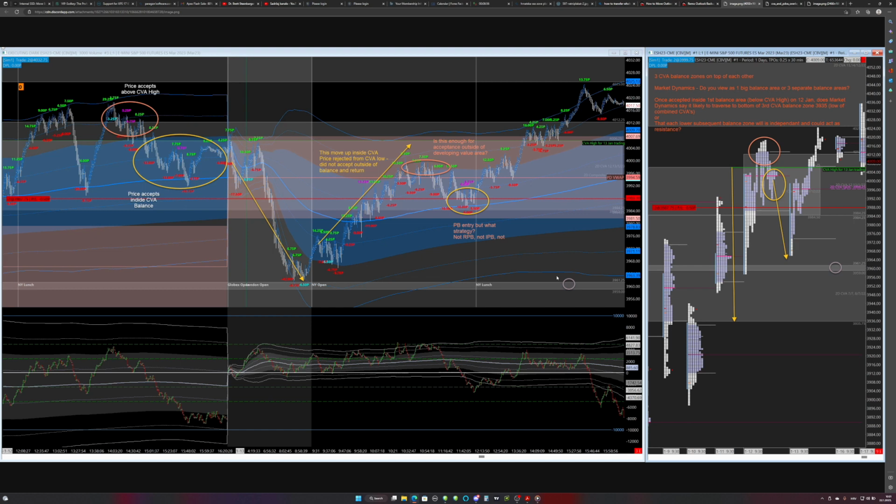If you look at the market profile picture on the right, you'll see there are three adjacent and overlapping CVAs. Just a second for me to analyze this. Do I view this as one big balance area or three separate balance areas? No, I'm watching this as three separate balance areas, but